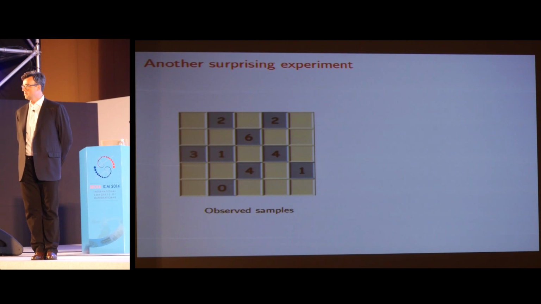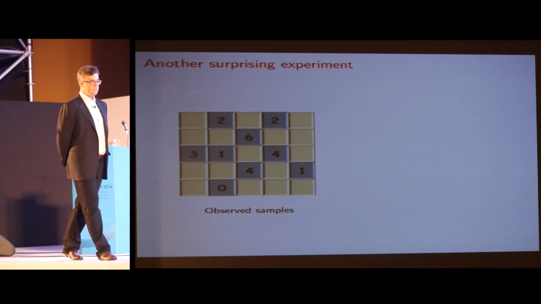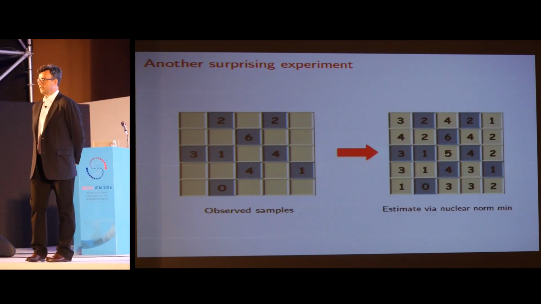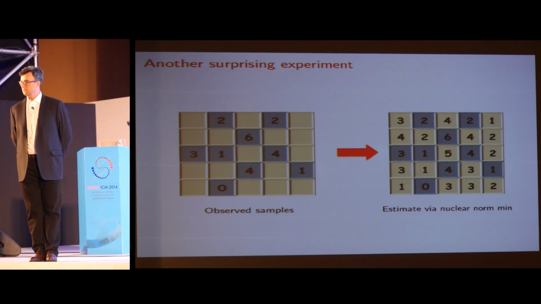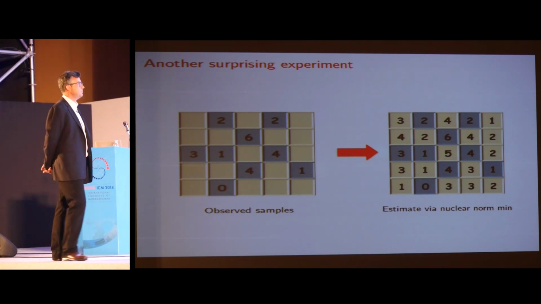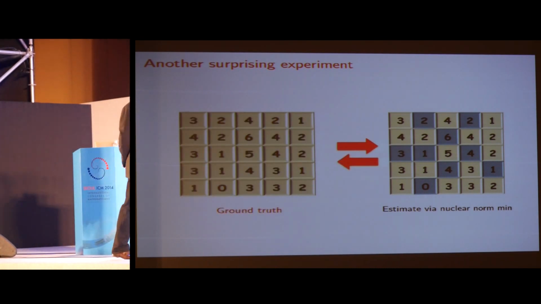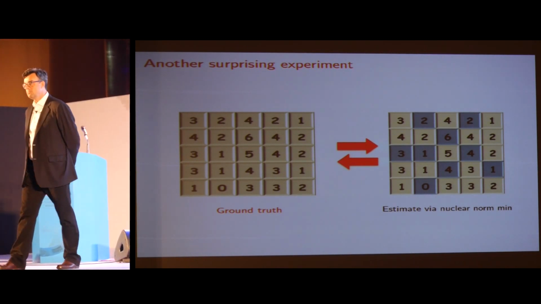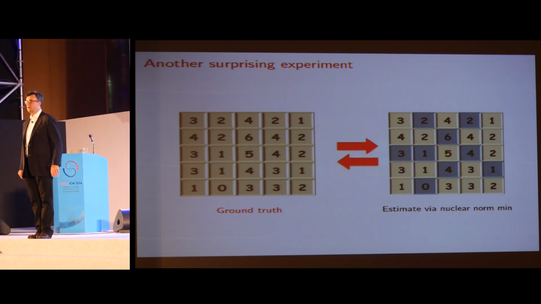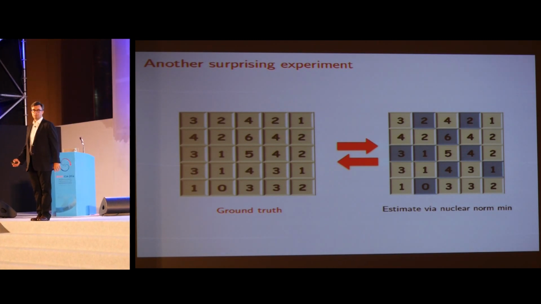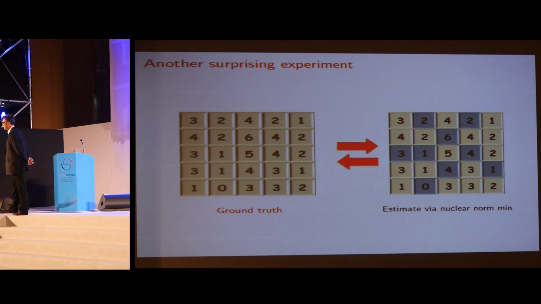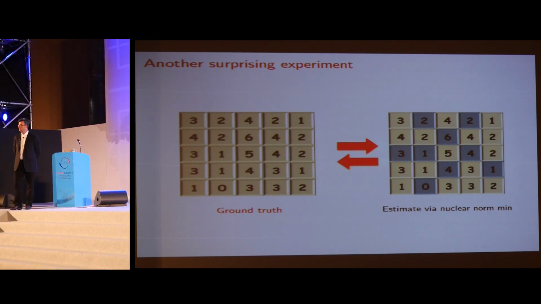I'm going to apply an algorithm which is exactly of the same type as what we've seen already. I'm just going to minimize the matrix norm. And so it's going to guess unseen ratings. Okay? So this is my guess. And when I compare it with the ground truth, believe me, you can check it, it's completely exact. So we have a second surprising phenomenon: I can guess many entries of a data matrix with no error whatsoever by minimizing some sort of matrix norm.